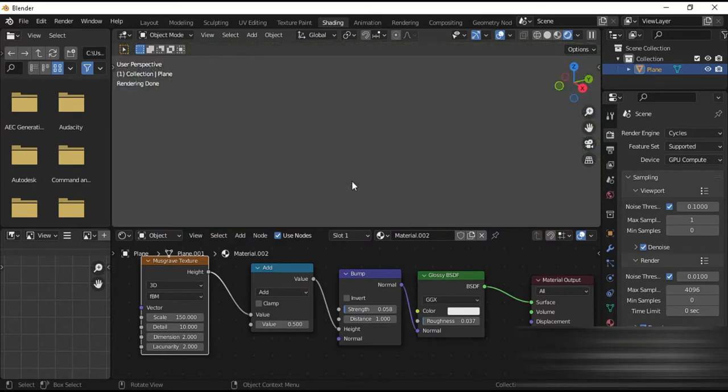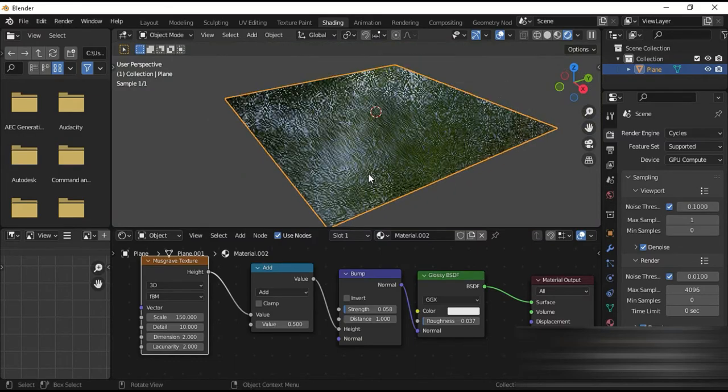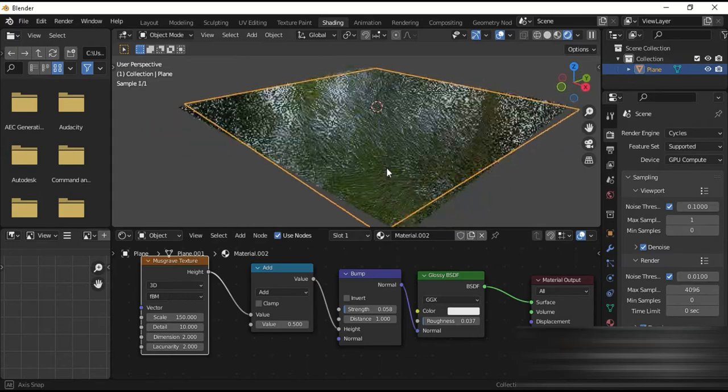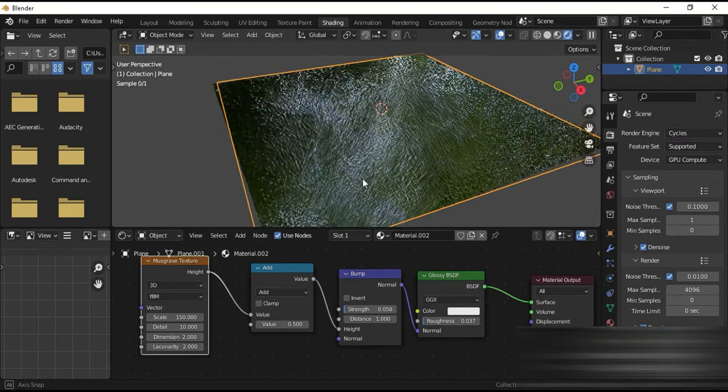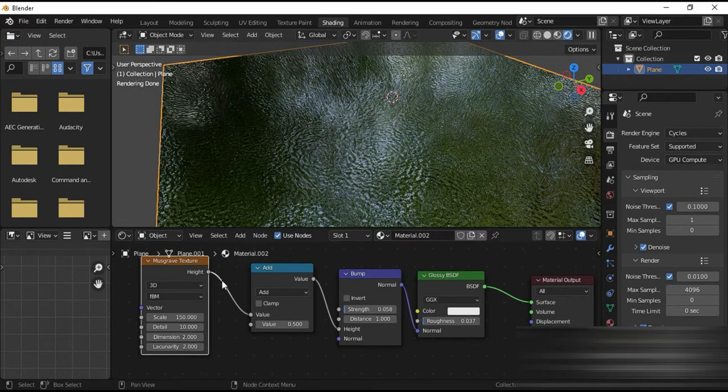Check this out. A procedural ocean. It looks quite realistic and it can get the job done, right? So this is the first realistic ocean. Now of course if we want to make it moving,